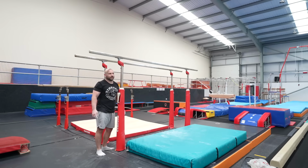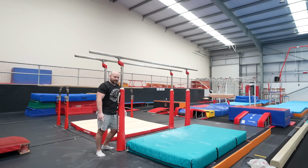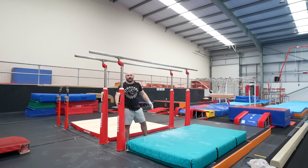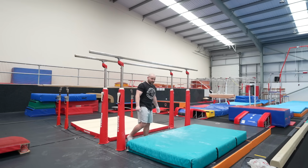This skill's valued at a B, so 0.2 tenths, but the long swing to handstand is a C, so it's valued at 0.3 tenths. And arguably, I think this one's harder, because I feel like you need to give it more, because you need to get past the handstand position. Ooh, maybe cheat a little bit, you know, and rather than...